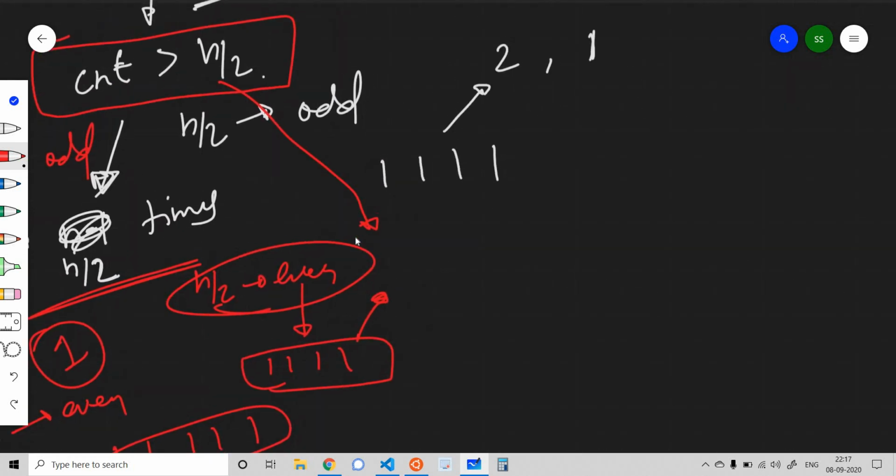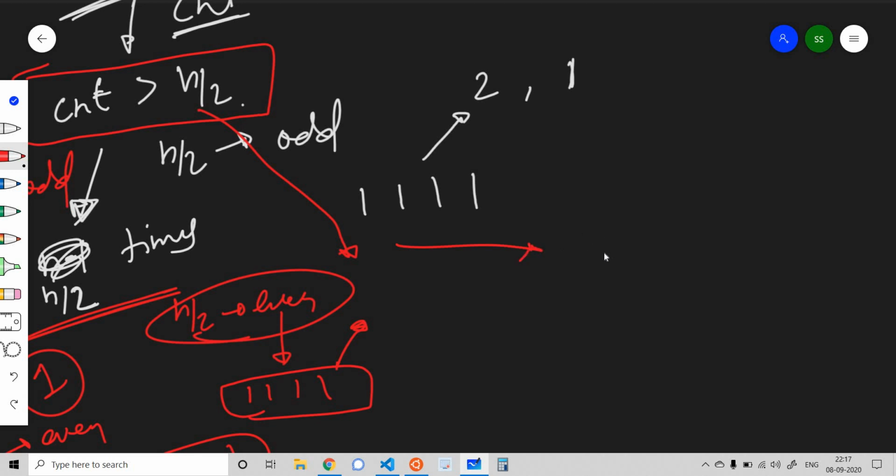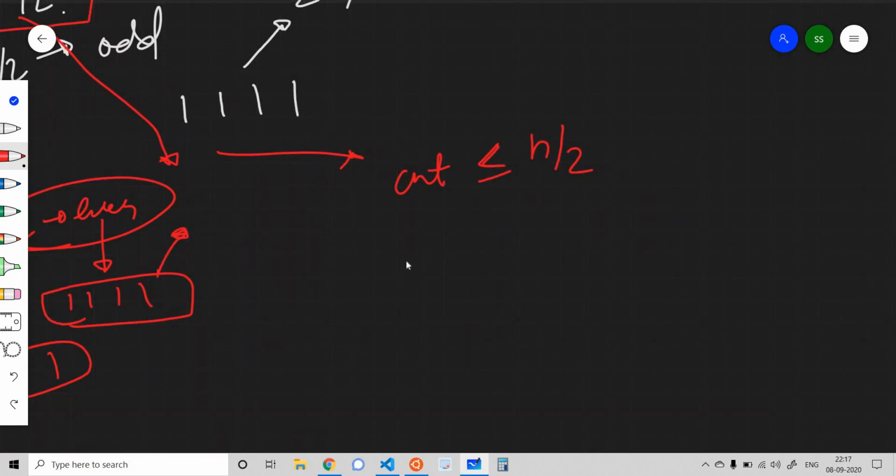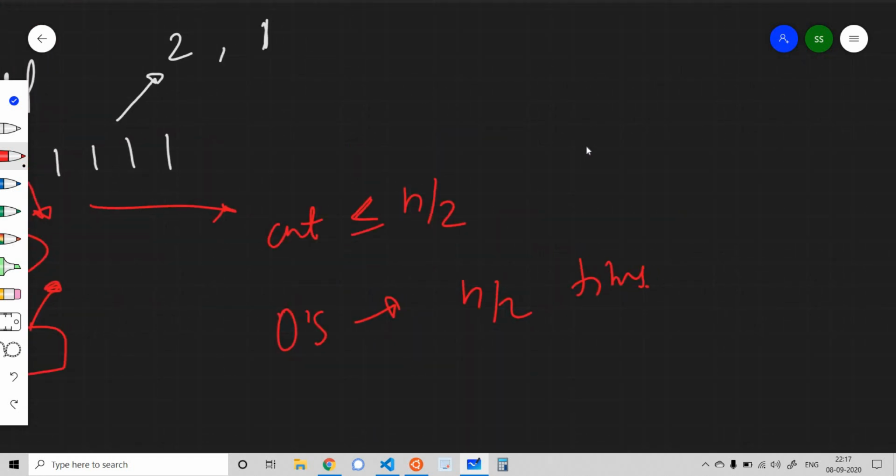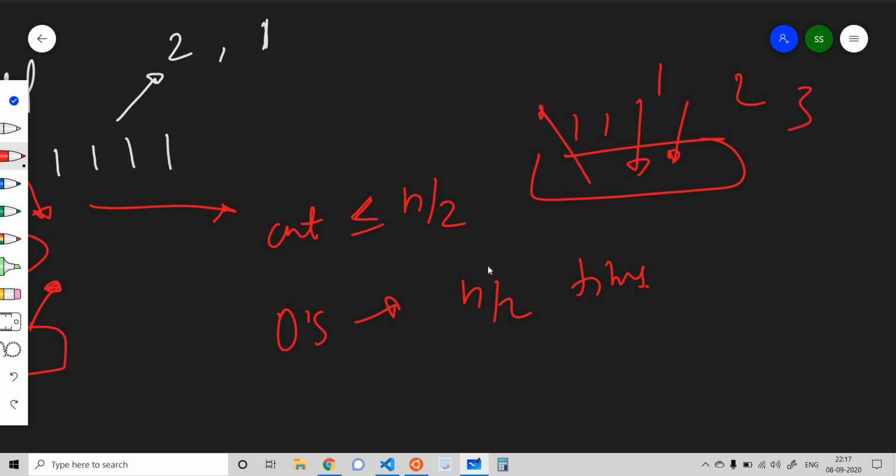Okay, and in the other case, when the number of ones is less than or equal to n by 2, we can simply print n by 2 zeros, because we can delete the other n by 2 terms, which include the ones. It can have 1, 2, 3 or 10 ones, we can delete all of them.